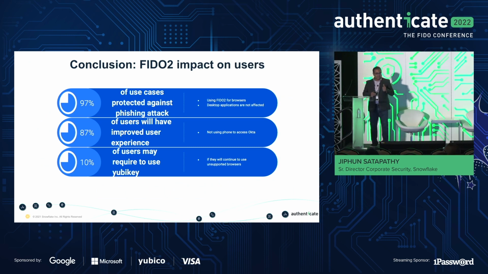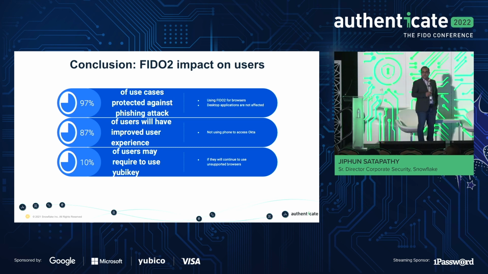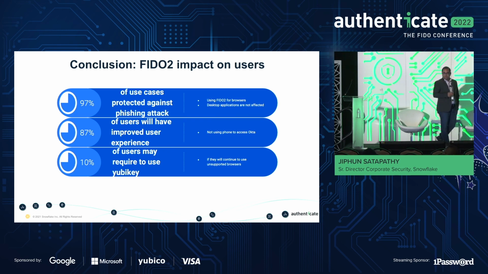So the last slide here that I would like to conclude with: what are some of the key benefits that we have seen? This took us probably about three quarters so far. We started the journey when we set a goal that we were going to adopt FIDO2-based MFA, roll it out and enforce it. We still cannot claim it is completely done because we are still on that journey. We expect it to be done by the end of this year.